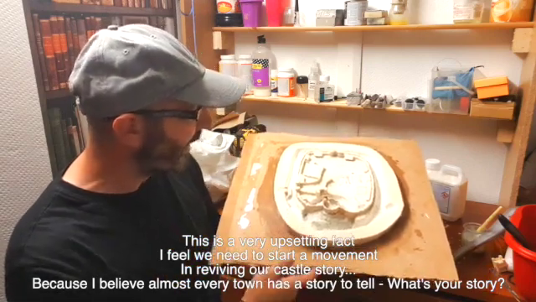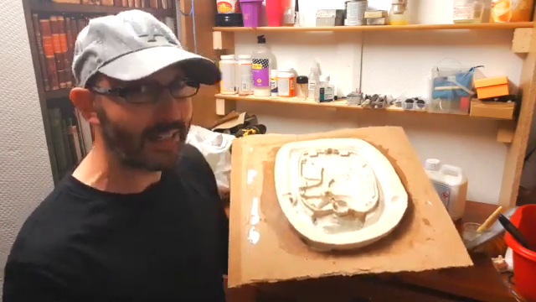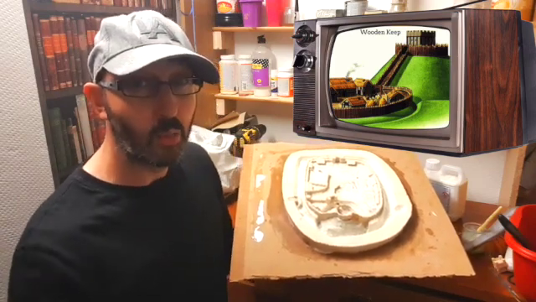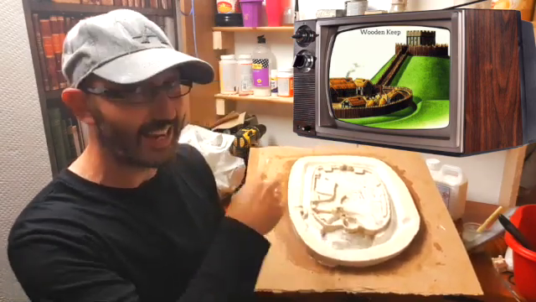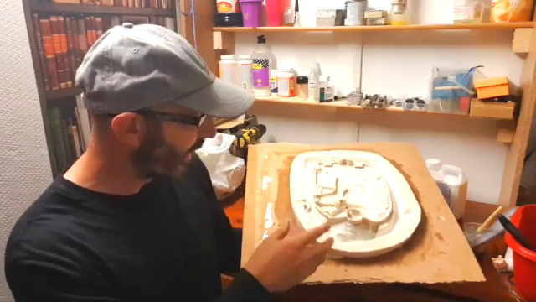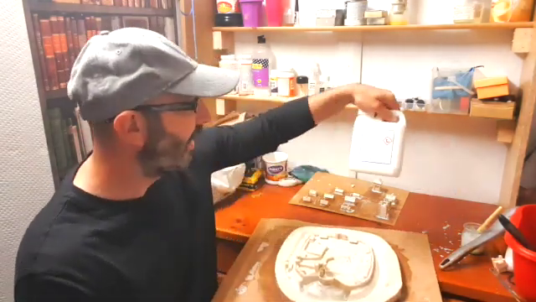This is the Mott and Bailey. We don't know if this is what it would have looked like, but we do know what a Mott and Bailey looks like, so it's a little bit of an example. I do have another one, which is the stone castle, because we believe there were two different castles, obviously the Mott and Bailey, and then it becomes the stone castle. And I'm just testing out this latex liquid rubber,